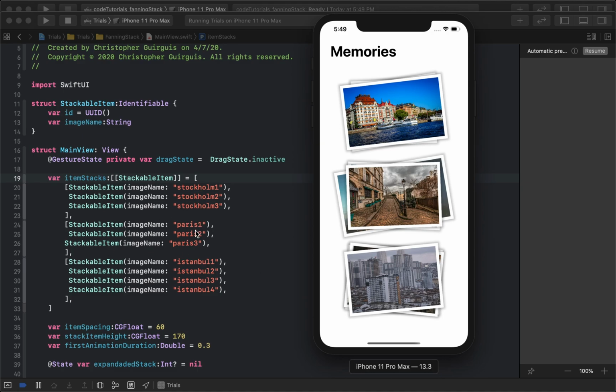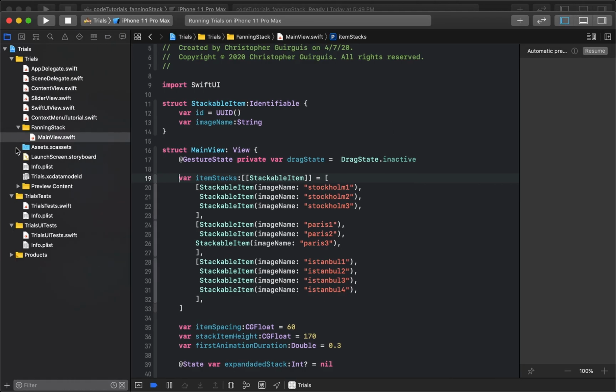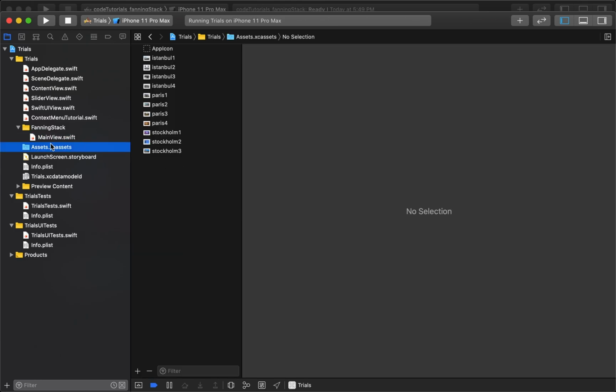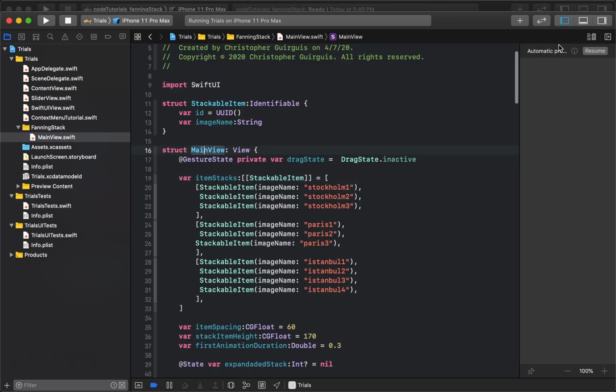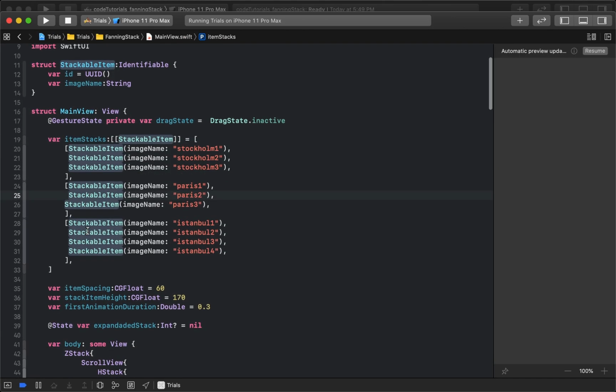3 pics of Stockholm, 3 pics of Paris, and 3 pics of Istanbul. I picked random images off of the internet and tossed them into my assets library. So that's Istanbul 1, 2, 3, 4, Paris 1, 2, 3, 4, and Stockholm 1, 2, 3. Oh, I had 4 of Paris. I didn't realize that. So if I go back here, what you'll see is